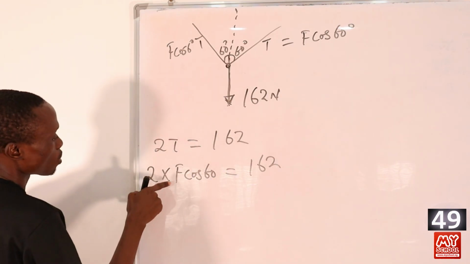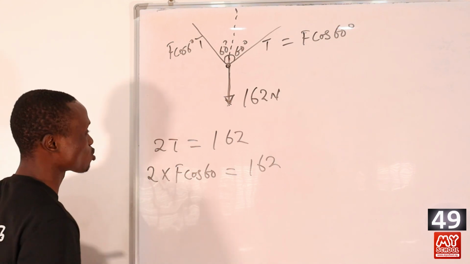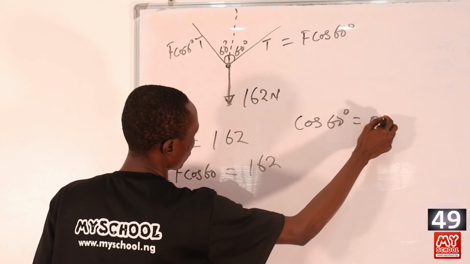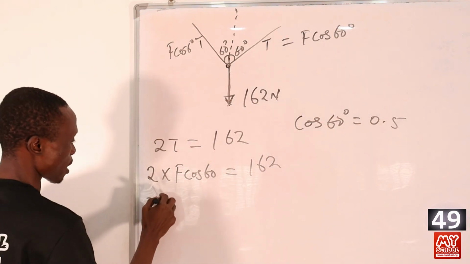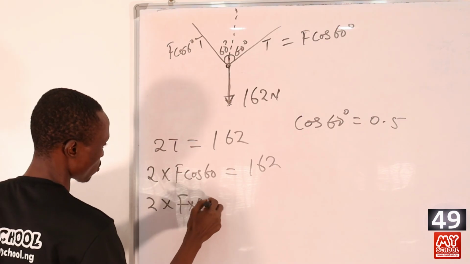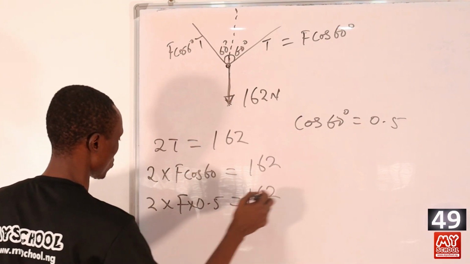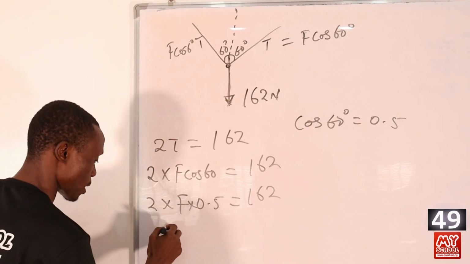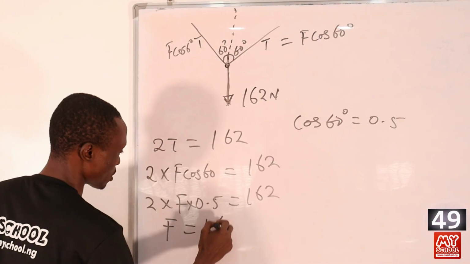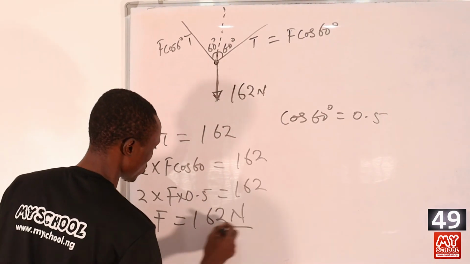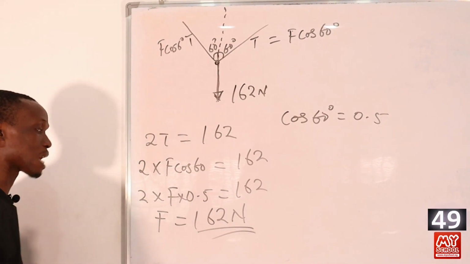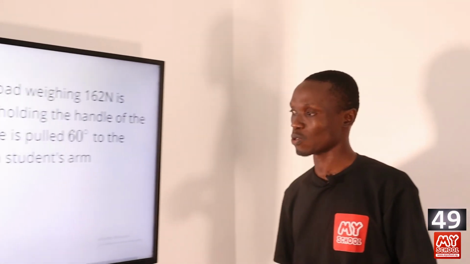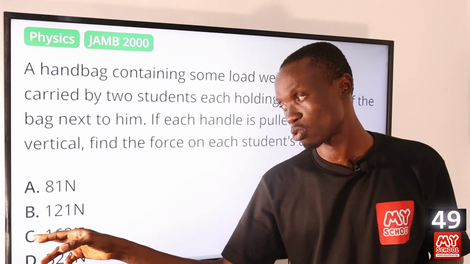162. Now we're looking for F, which is the force on each student's arm. But remember that cos 60 degrees is equals to 0.5. So 2 times F times 0.5 will be equals to 162. So 2 times 0.5 will be equals to 1, so that F is equals to 162 Newton. So the force on each student's arm is equals to 162 Newton. So let's return back to the board to pick the correct answer to this question, which is option C,